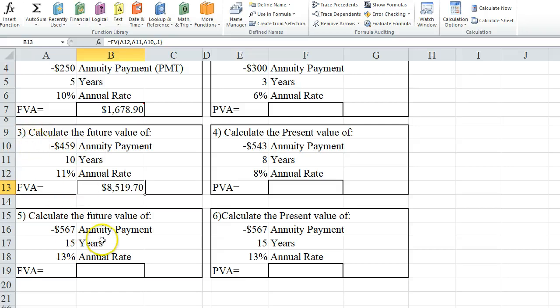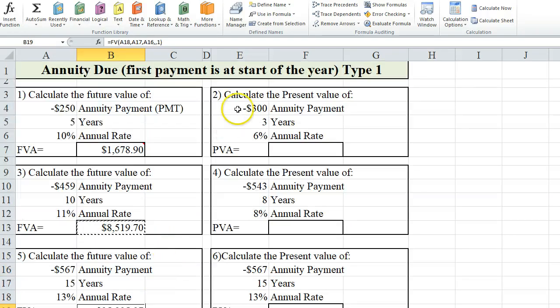It's the same problem as before, so you use the same procedures. I can just copy this down here. Okay, because this is 15 years, so we see that this grows to be a much larger amount. Now, let's switch over to the second column. We're looking for present value, annuity due